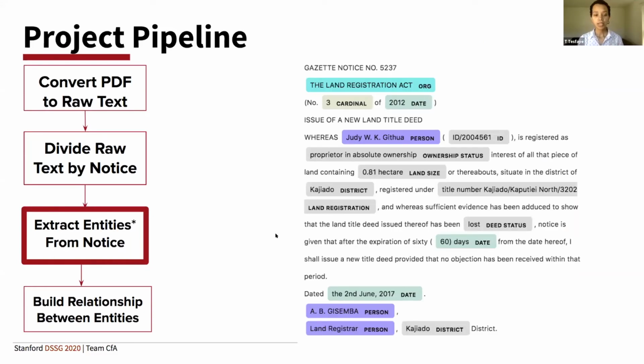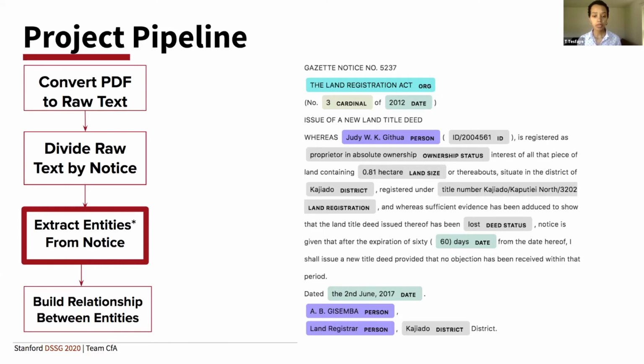Once we have each of the texts segmented into their individual notice parts, there are certain entities that we're interested in extracting. There are a total of 21 entities that we want to extract, but the default spaCy model, which is the tool that we used, has only 10 entities that it extracts. So we continued and trained a new spaCy model, and the output, what you see, is on the right-hand side. All the entities that are highlighted in gray have been extracted by the modified model. And as you can see, it does a great job of identifying, let's say, specifically land size or even deed status if it has been lost or reissued, which is really great for our work.